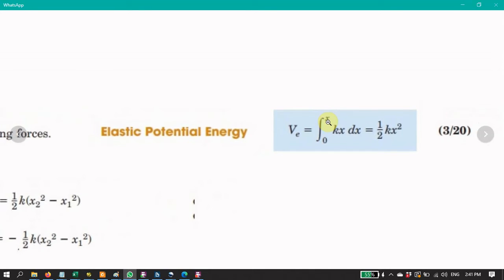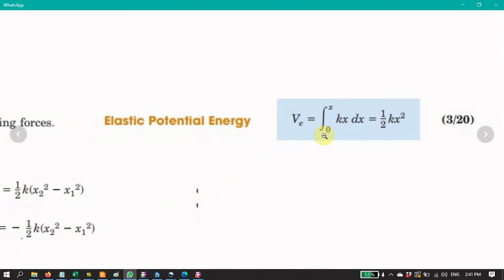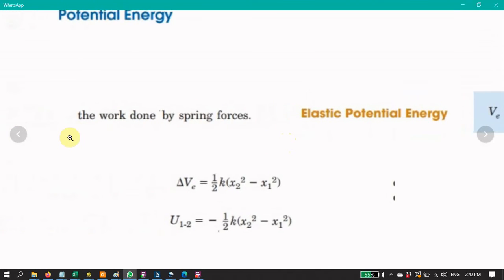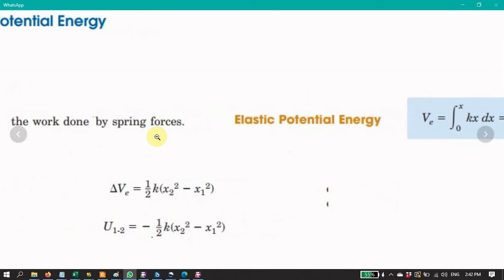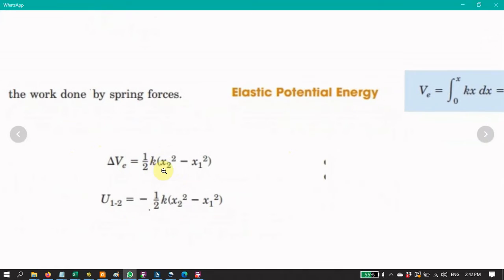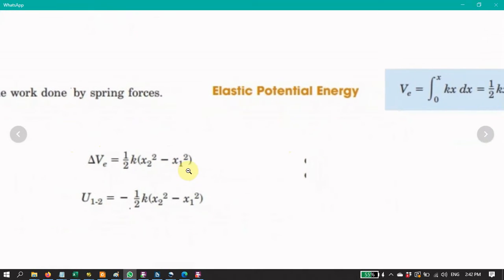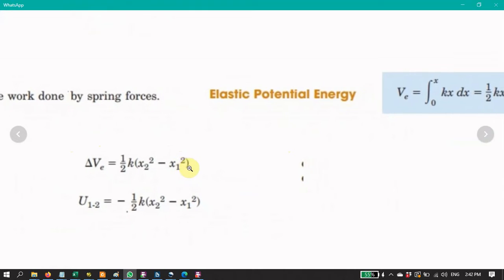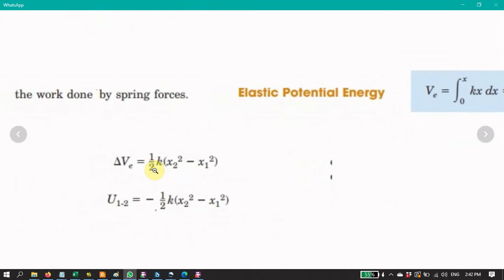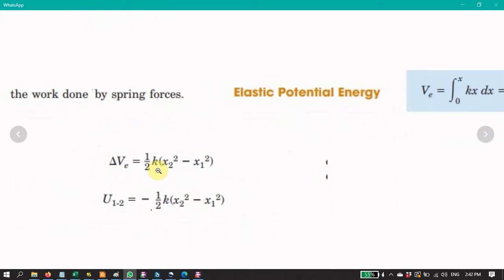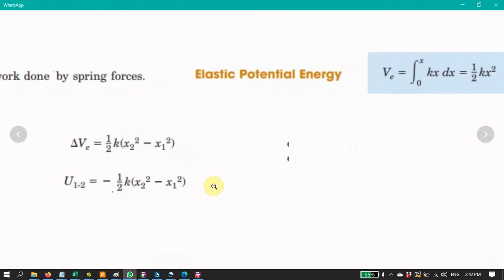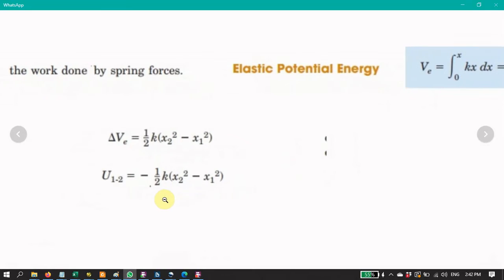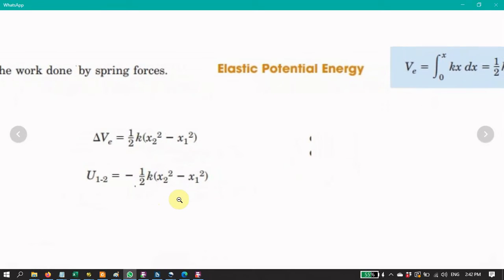And the work done by the spring force has the same definition as potential energy. We have the final x values, and we assume that the spring stiffness, which is k, remains constant during the motion. Then we find the work associated with the spring force, which is U12, is minus the elastic potential